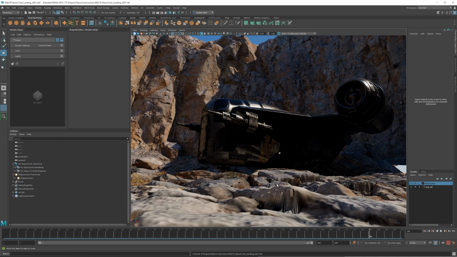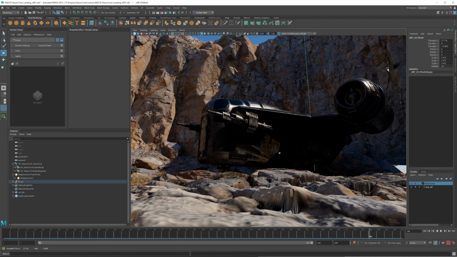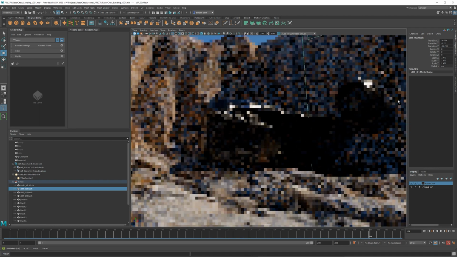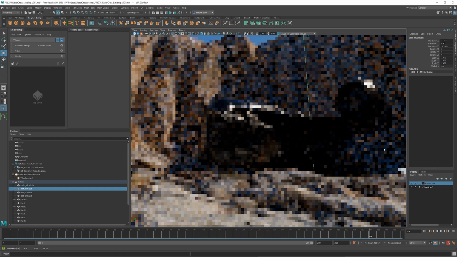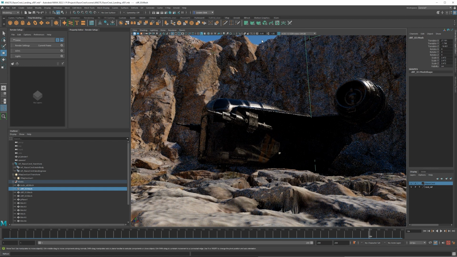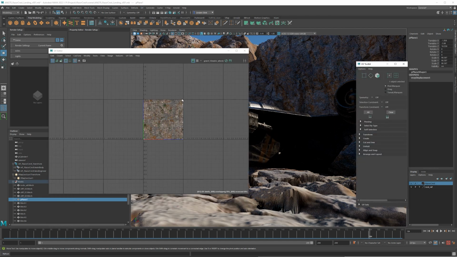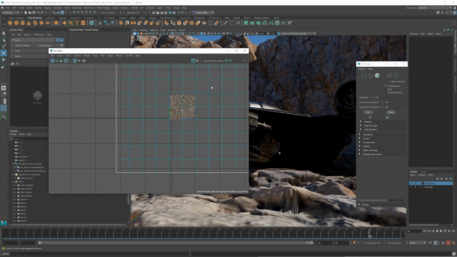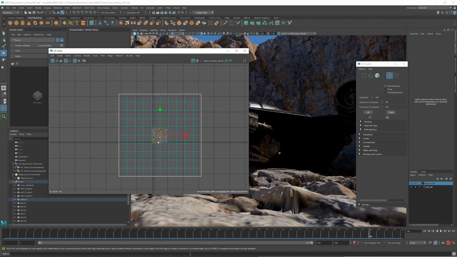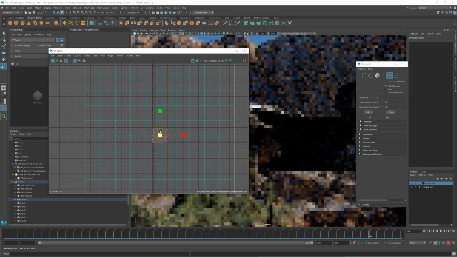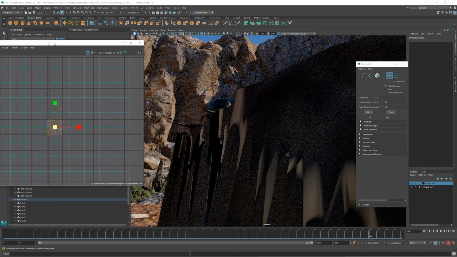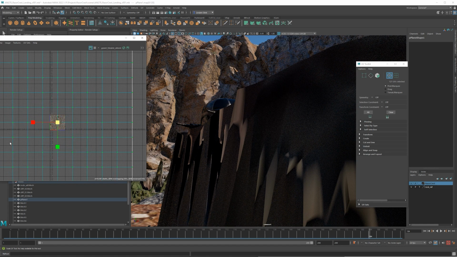So this is a problem. I think we're getting way too close to some of these rocks over here. We're going to need to make the scale way smaller. Some gaps over here that we need to deal with. That might be as simple as just pulling down that a little bit. So I'm just middle mouse clicking, dragging that down to close that gap. But this right here, the plane, that is a problem. So we're going to go back to the UV editor. And then I'm going to make this even bigger. I kind of wish we'd stuck with the tiled method, because I think that would have been a lot better to do.